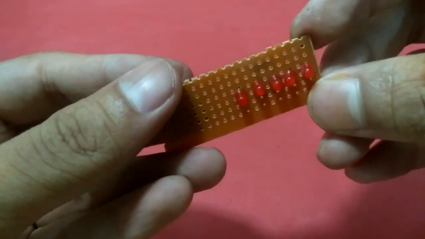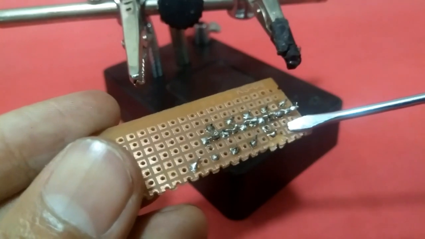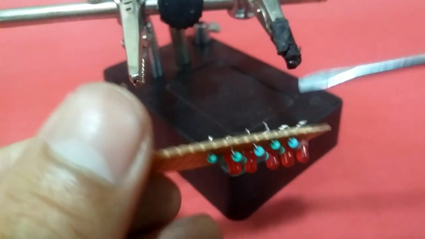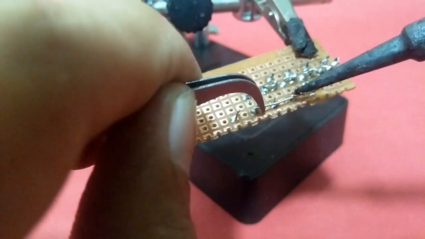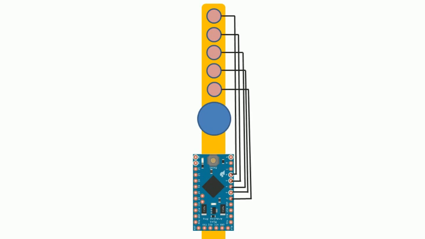To make a POV display, I have used 5 LEDs. The anode is connected to the Arduino and the cathode is connected to ground through a 220 ohm resistor. First of all, let's see an animation to get the inner concept of the POV display. In this project, I have used 5 LEDs and one Arduino Pro Mini for its small size and low weight. All LEDs are connected to port D, which is pins 2, 3, 4, 5 and 6 respectively, and all cathodes are grounded.